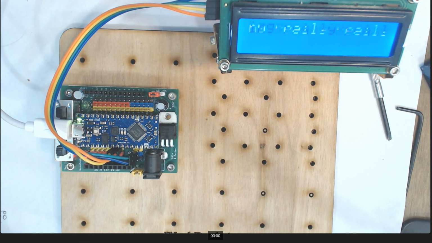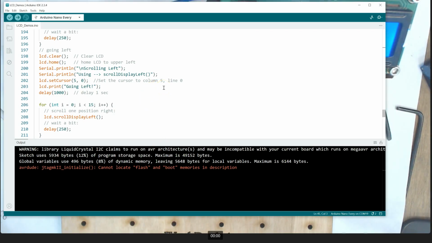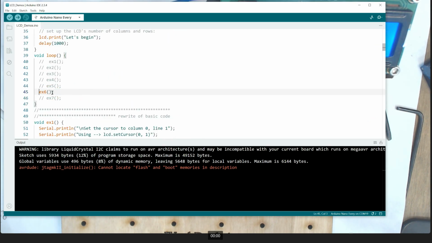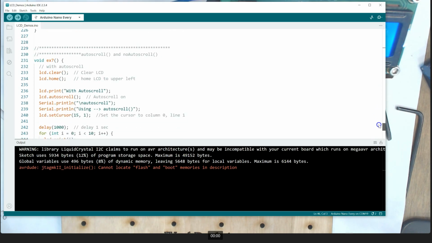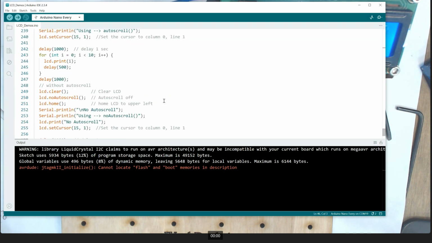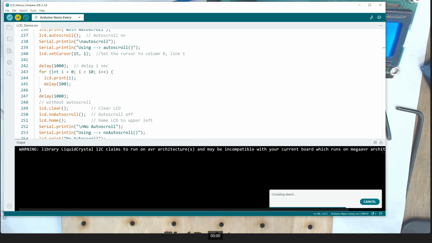All right, so let's go to the next one. We'll go here, and I think it's the last one, if I'm not mistaken. We'll come up here to our loop, and we'll turn on example 7. And example 7 should be at the bottom down here. So we have the option of making an auto scroll. Again, if you have something that's long, like in this particular case, I'm just having it type out to the number of 10 after it actually types some information. And when I load this, you'll see that if you don't use auto scroll,